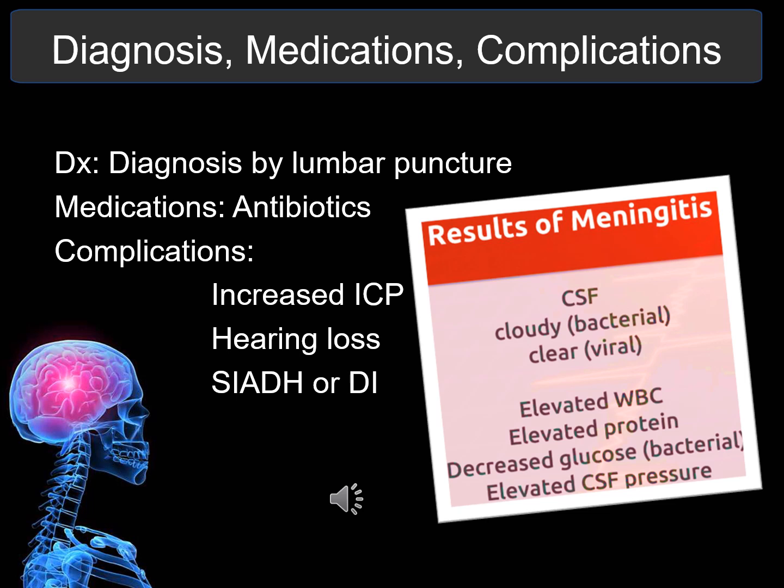Complications, we're looking at increased intracranial pressure. It's a life-threatening complication of meningitis, and identification and treatment of this increased intracranial pressure is vital. Early signs of increased ICP are identified during neurological examination requiring frequent assessment. The use of dexamethasone to reduce inflammation in the treatment of